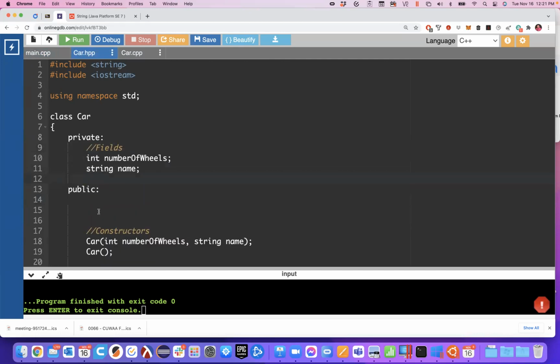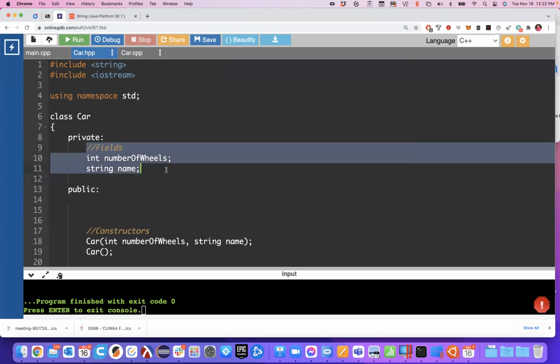I'm allowed to have some fields that are private and some that are public. Any member can be private or public. It can't be both, but you can mix and match. But only the public things are accessible outside of this class. The public things are accessible inside the class too. They're accessible everywhere. The private things are only accessible inside this class. So just by moving the location of these up to private,